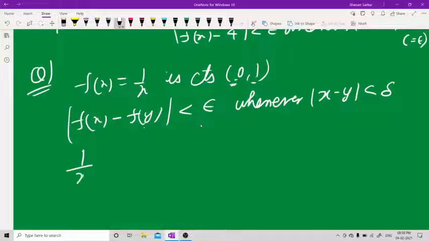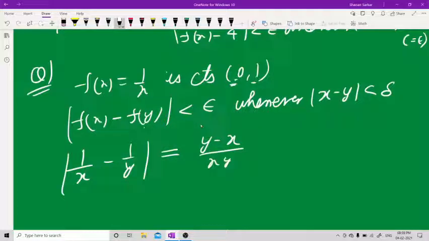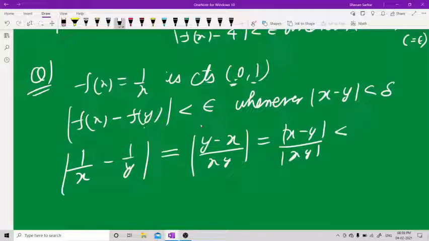So write 1 upon x minus 1 upon y. Just write it, solve it. Now try to solve this. This is nothing but y minus x upon xy. This can be written as x minus y upon xy. So this is, see one thing, you can write this as less than,